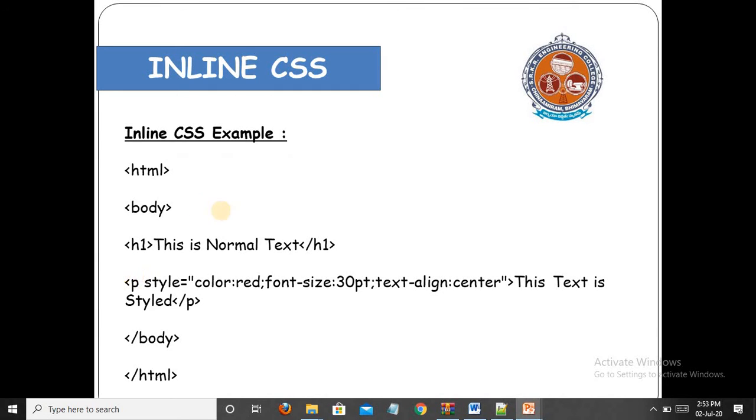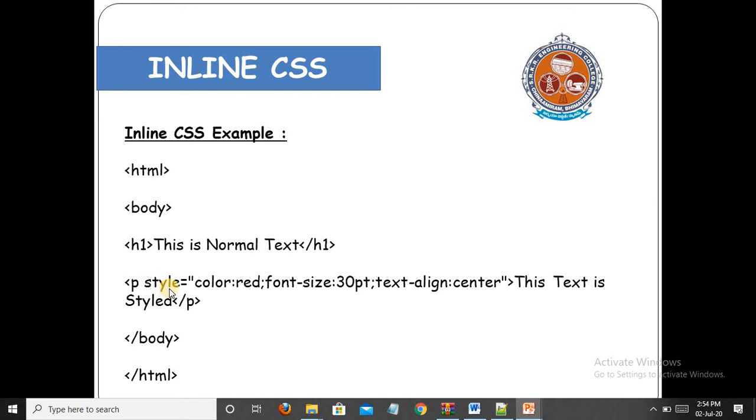So this is the inline CSS example. As I already told, we can give it to a particular single element. We must use the style attribute: style is equal to property and value. I am giving this inline CSS to the single element p.